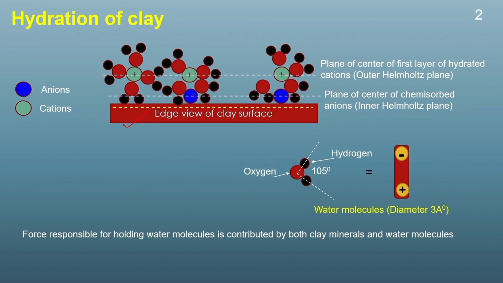clay surface. Here we can see in this diagram, this is a clay surface, it has negative charge on the surface and there will be some cations, which we know as exchangeable cations, there will be some anions, and there will be some water molecules. The cations, the anions and the negative charge on the clay surface are responsible for the attraction of the water molecules. Therefore, the force which is responsible for holding the water molecules generally arises from the clay surface,